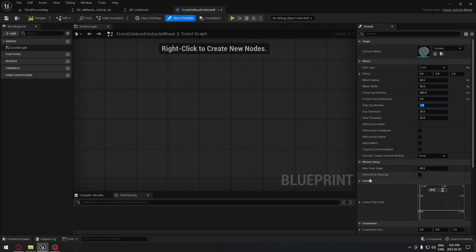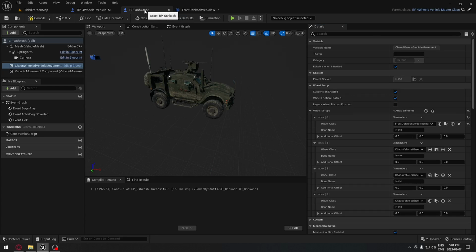That's perfect. So we're going to make sure that the affected by steering, we're going to check this, because those ones will be the ones that turn the vehicle. So we need to make sure that we select this box and we can compile. We're going to go back to our blueprint, and we're going to select the front wheel for the second index, and we're going to repeat the same process for the rear. So just click on plus,